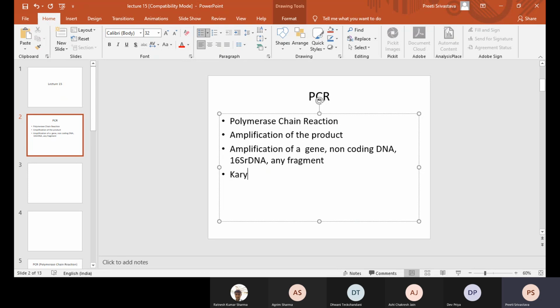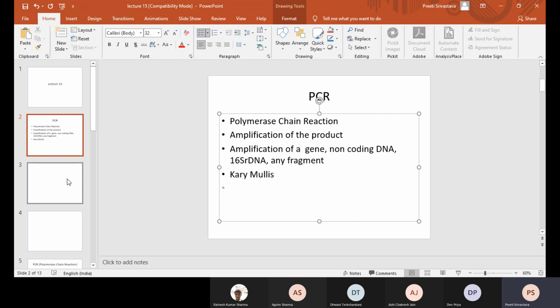It was discovered by a scientist called Gary Mullis, who was awarded a Nobel Prize for the discovery of PCR. Just like restriction endonucleases, PCR is also one of the very basic techniques which is used a lot in molecular biology.